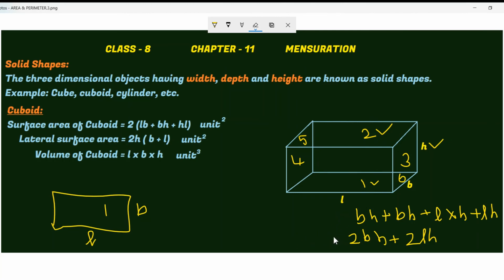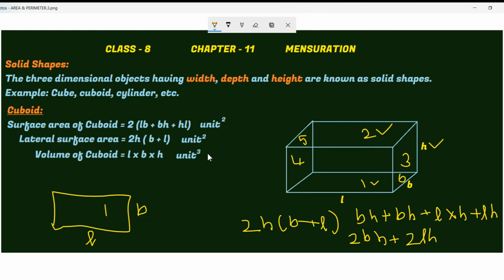You will get only 2 BH and 2 LH. So if you take out 2 as common, and H is common, if you take out 2 and H as common, you will get B plus L. Got it? Now the volume of cuboid is, you have to multiply all the dimensions, L into B into